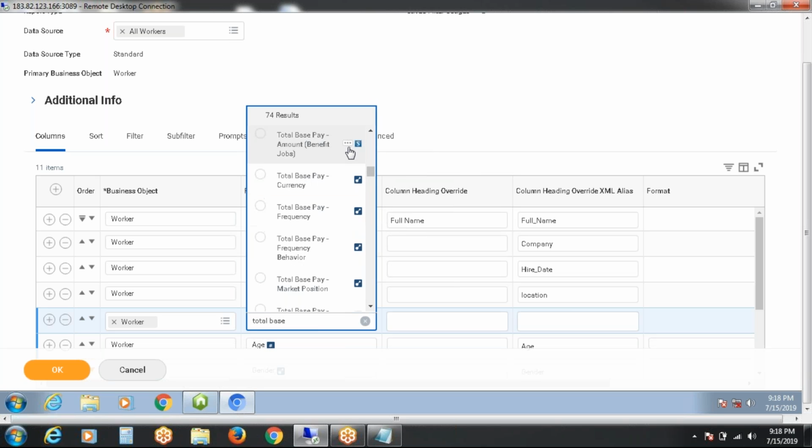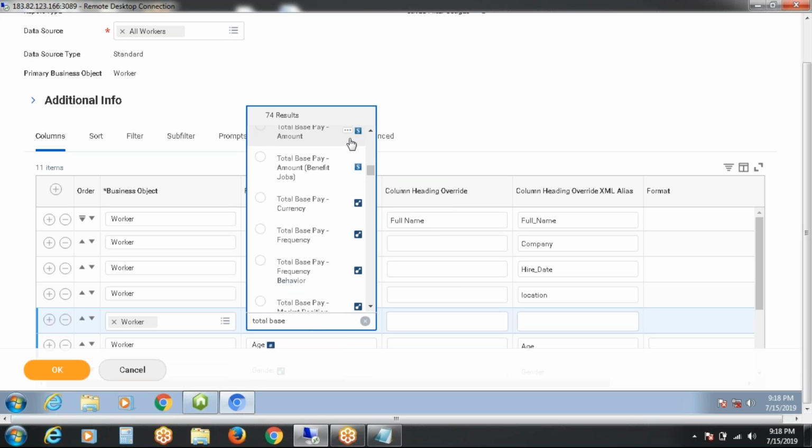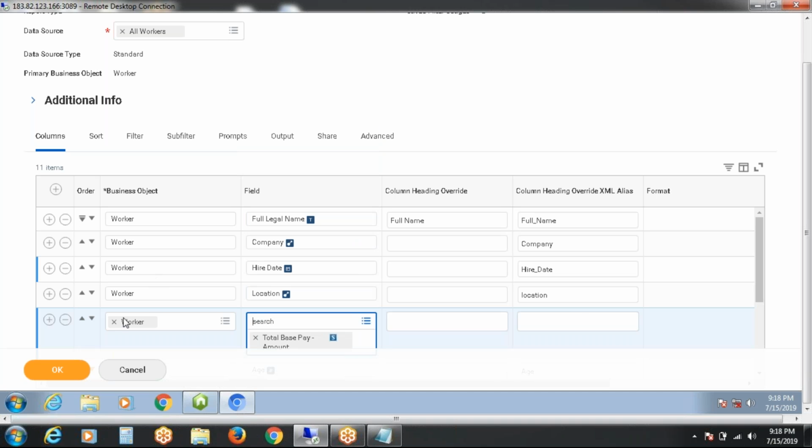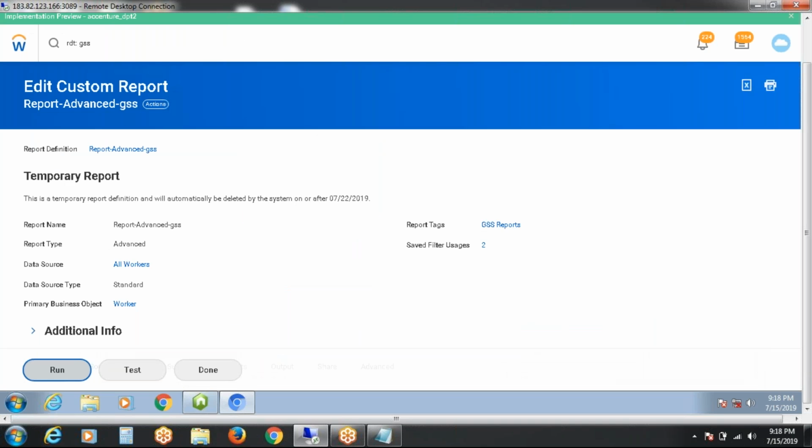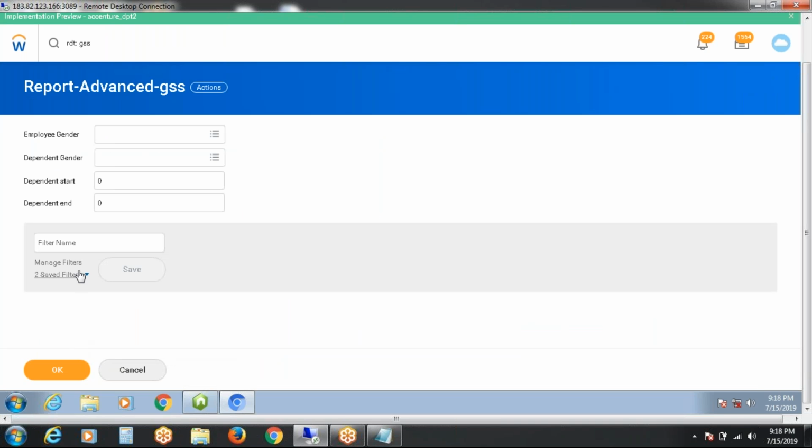The total base pay currency is also there. It will come in another field actually. But if you enable the currency field, what will happen? Run the report first. Say okay.